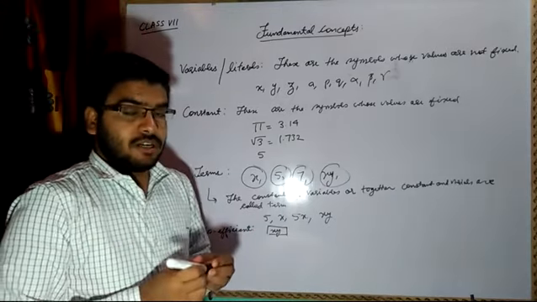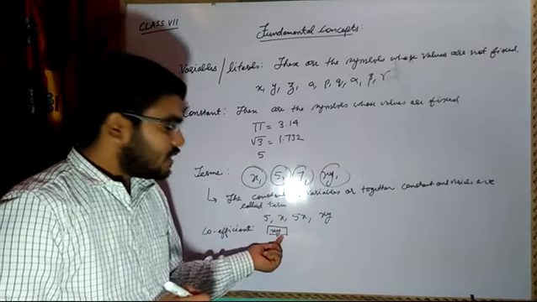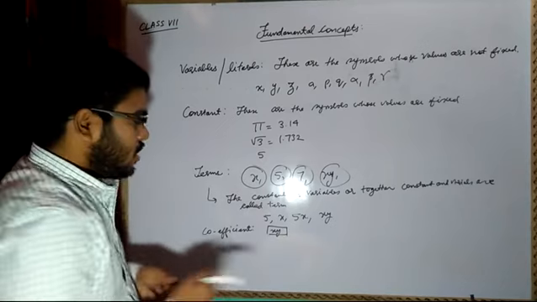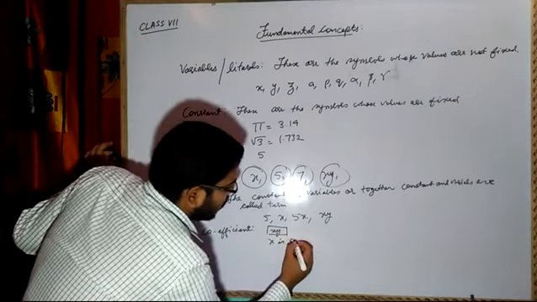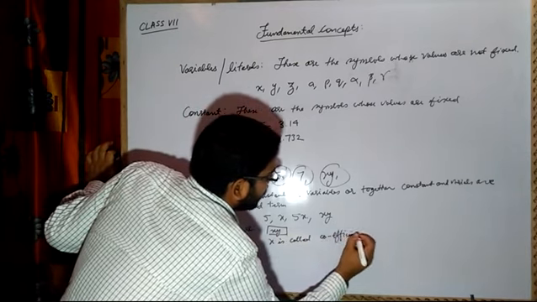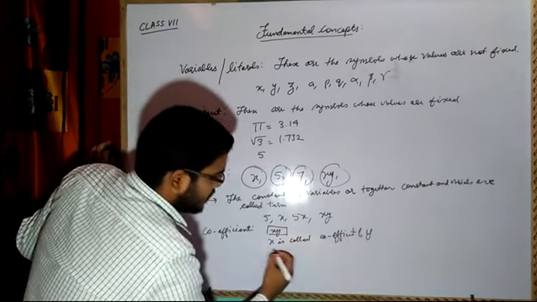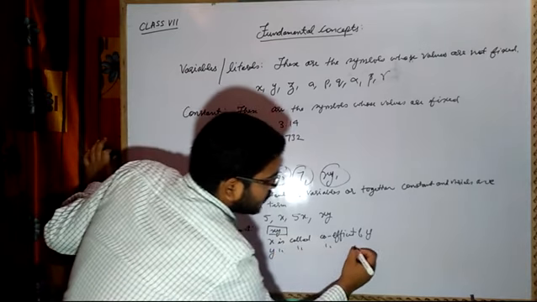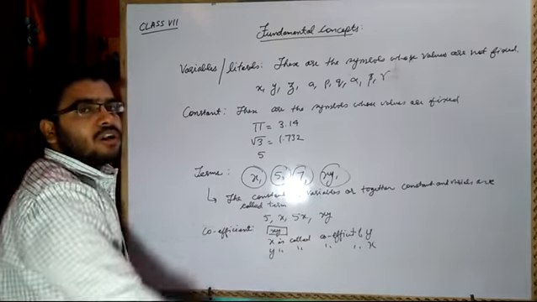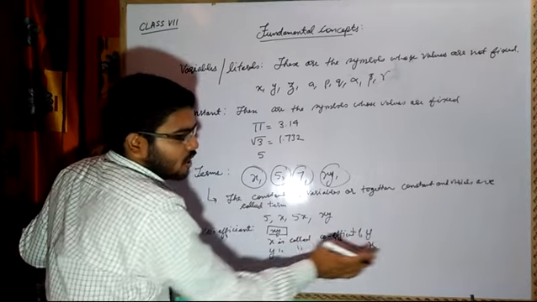When we have one term in which either one number is constant and the other number is variable, and they are product, they are multiplied, or both are variable. Now here x is called coefficient of y. Y is called coefficient of x. Vice versa. If x is called coefficient of y, then y will also be called coefficient of x.